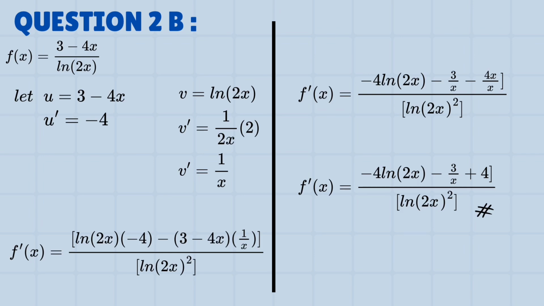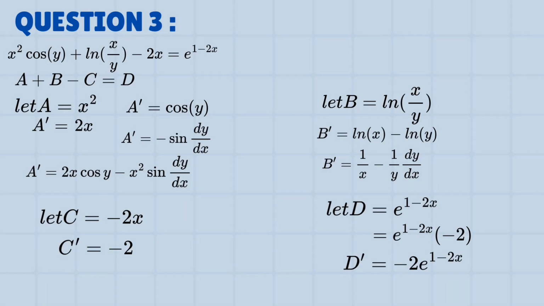Then the final answer we get is f prime of x equals negative 4 ln 2x minus 3 over x plus 4 over (ln 2x) squared. Next, let's take a look at the answer for question 3. Step 1, we need to separate the expression into a plus b minus c equal to d